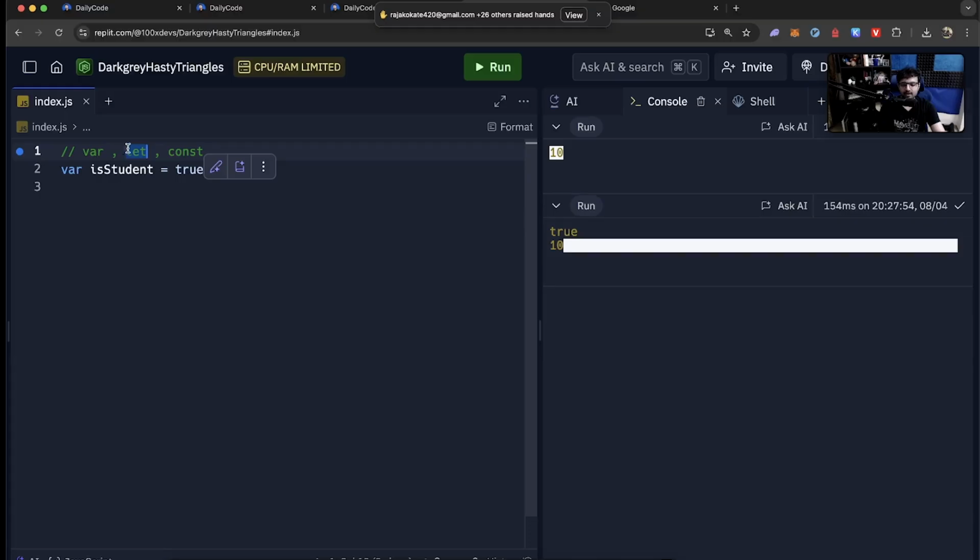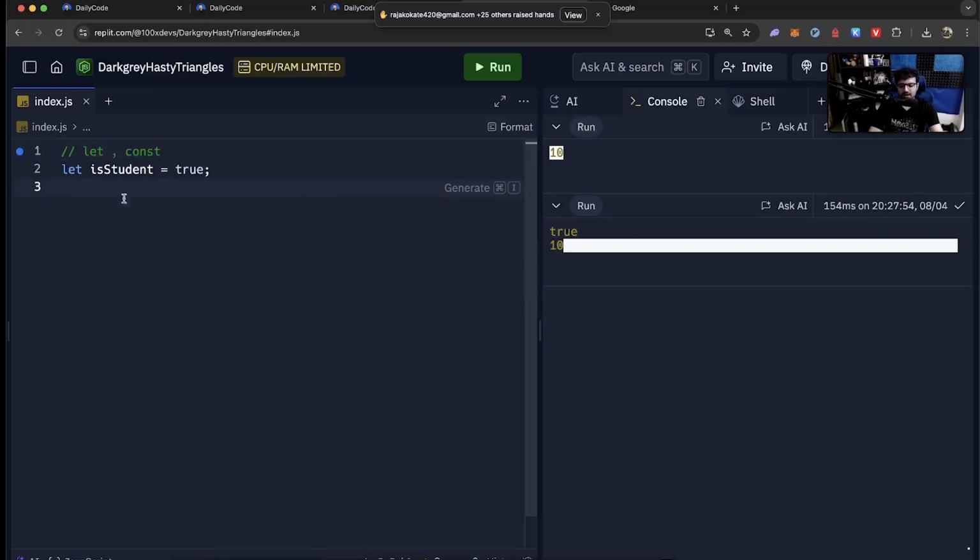Let lets you define a variable very similar to var. So wherever you might have been using var until 2015, 2016, when let and const were introduced, you replaced it with let. Rather than doing var a equal to something, I will do let a equal to something. That was the first transition you 100% should have made whenever let and const were introduced. Today, if you are writing code, forget var even exists. The only two ways to define variables for you should be let or const. Do not ever use var.